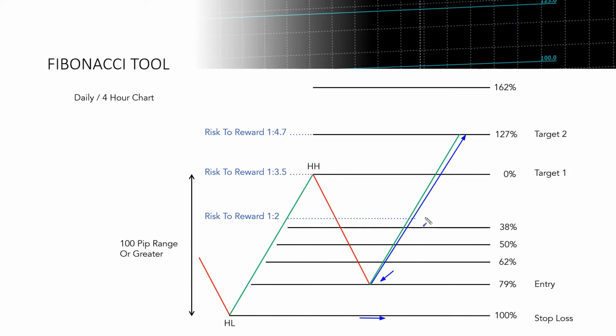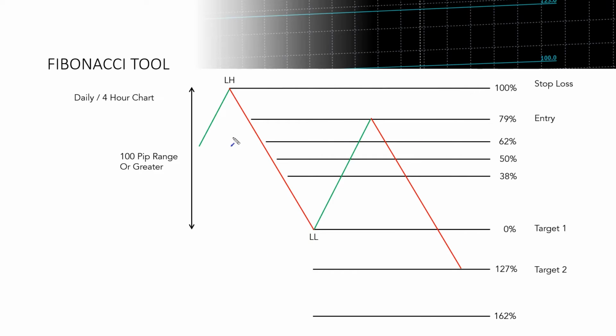Alright, let's have a look now at the downtrend example. Alright traders, so the downtrend example is just the uptrend example in reverse. I like to be using on the daily chart or the 4-hour chart in line with the day chart downtrend. Using a range from lower high to lower low of 100 pips or greater. So with that being said, you draw the tool from high to low across the range, and then I'm looking to sell